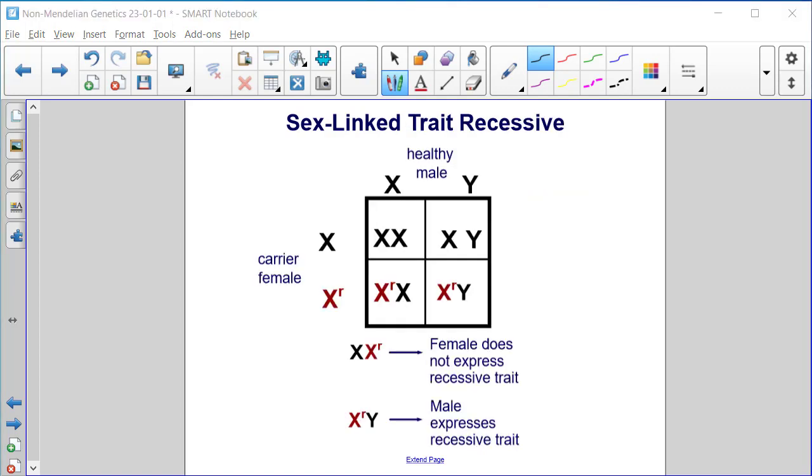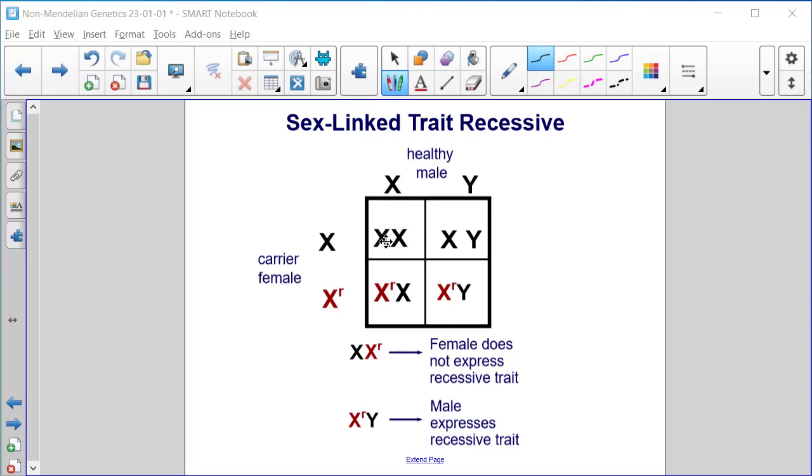Here's a Punnett square demonstrating this sex-linked trait being recessive. So here's a healthy male, XY, and a carrier female, X, and then on this second X chromosome, she carries the recessive allele. What results is